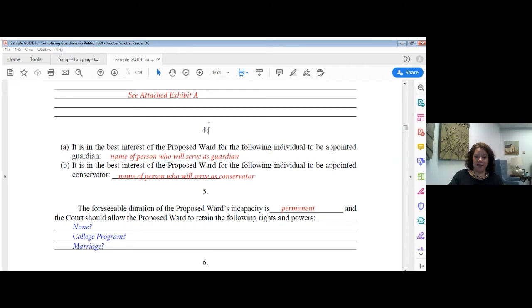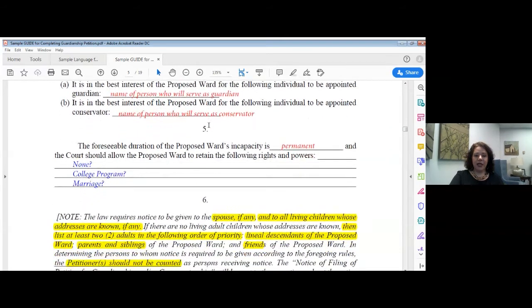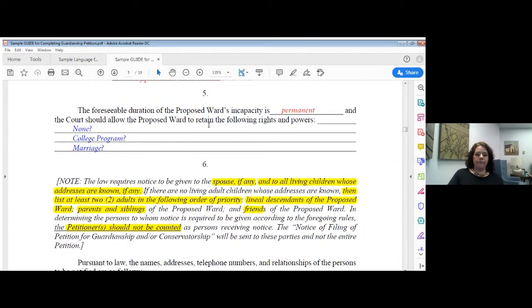Likewise, you can nominate someone to be a conservator if you need one. If it turns out that you're bypassing the whole conservatorship process, then you would just put NA there for B, saying, don't need a conservator, thank you very much. Then we move on down to paragraph 5. The foreseeable duration of the proposed ward's incapacity is permanent. So you're going to put permanent into that